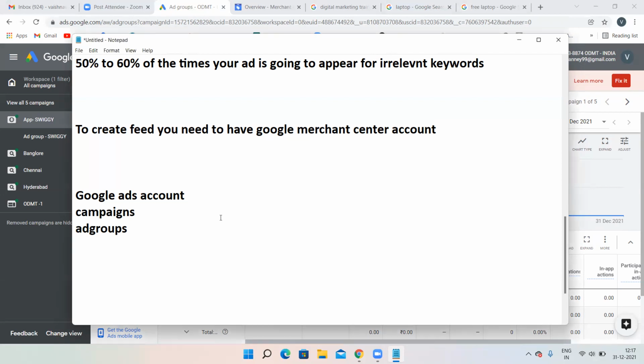With the help of the feed, Google is going to target keywords and your particular audience. And I have already told you where the Google Merchant Center account will be. So always remember these 5 steps when you're creating a shopping network campaign. First one is, your website should be an e-commerce website.